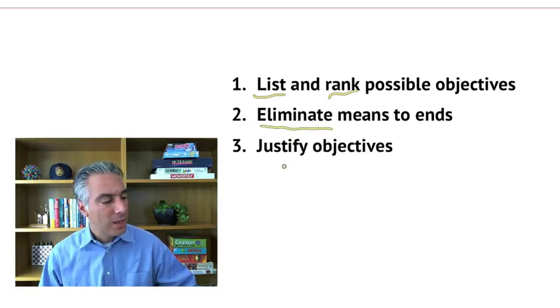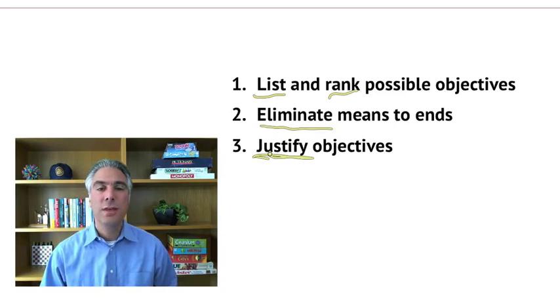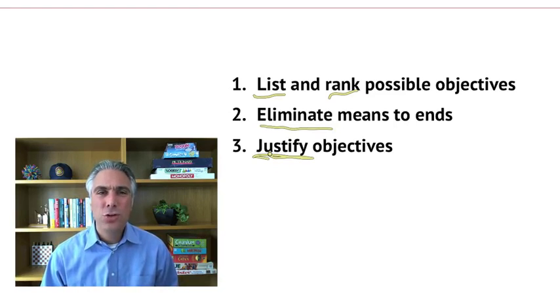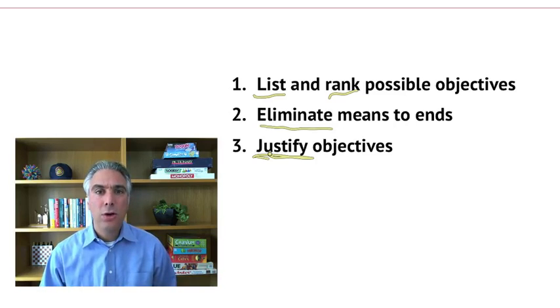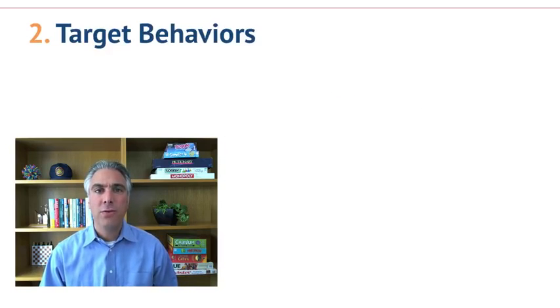And finally, justify them. For each of the remaining objectives on your list, come up with a short explanation about why that is your business objective. Why is that something that you want the gamified system to achieve? By doing this process, you will not only generate a list, but you'll start to see some of the dependencies, some of the interrelationships between higher and lower level structures and between different parts of the gamified system, which are things that need to be resolved and play tested out through the process as the system is designed. That's step one, defining objectives.